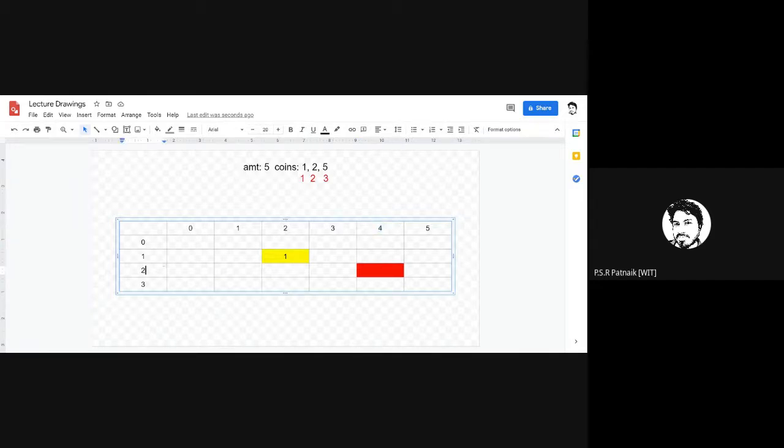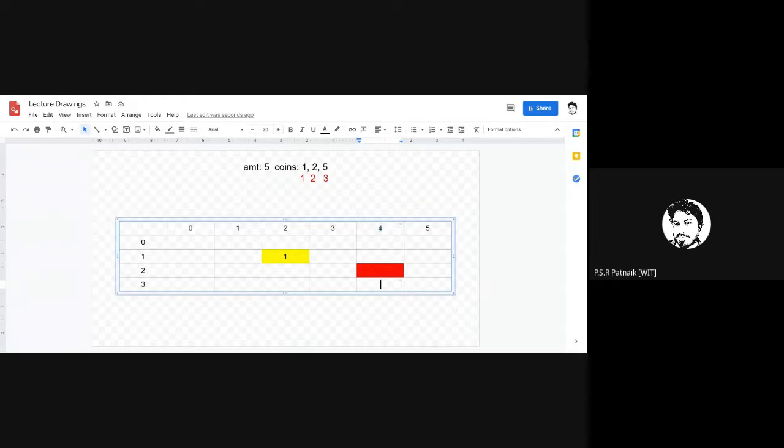Till index 2 means the coin at index 1 and the coin at index 2. So by using the 1 rupee and 2 rupee coins, in how many ways can I realize the amount of 4?